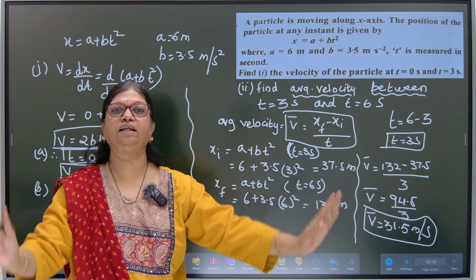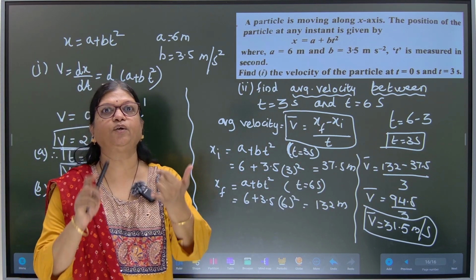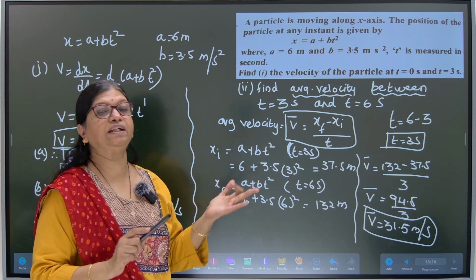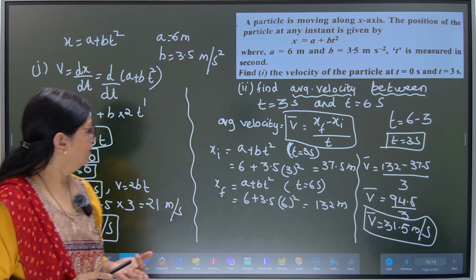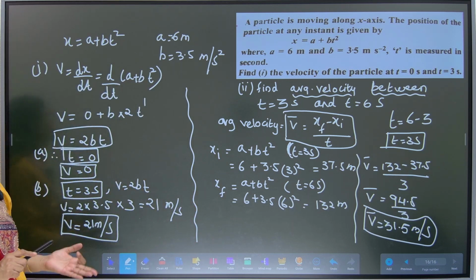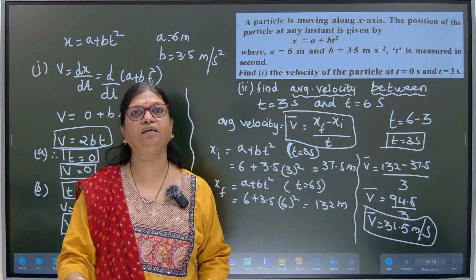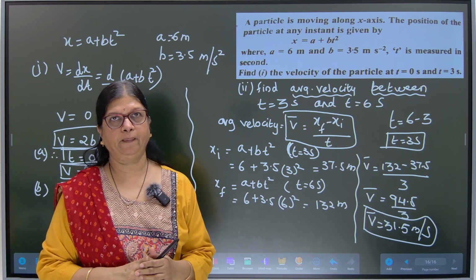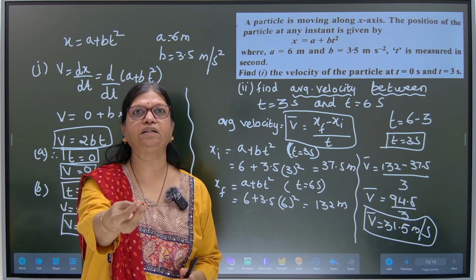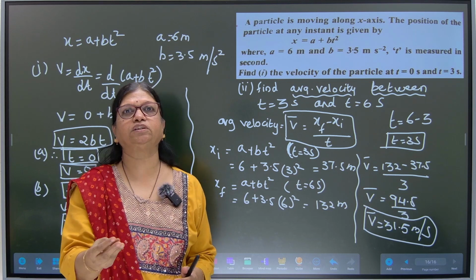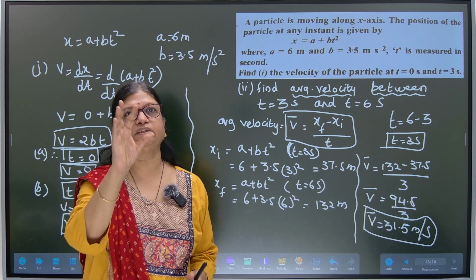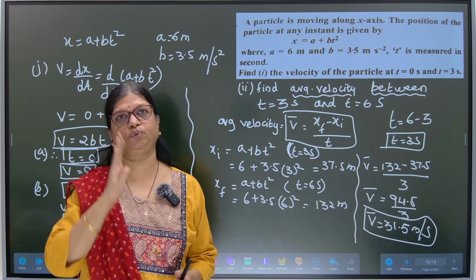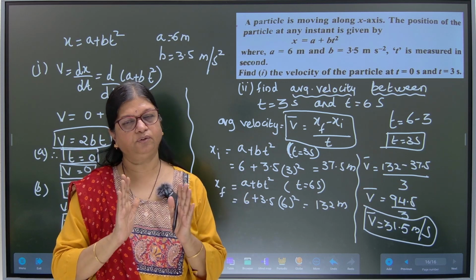So all the varieties with differentiation, how to find out time, how to find out displacement, how to find out average velocity, then how to find out the various velocities at different times, everything as a package of these three numericals I have showed you. Just practice these numericals by yourself. Ask yourself, solve by yourself. Self-study is the best study. We as teachers are here to just reach to you. Self-study, you only have to do.